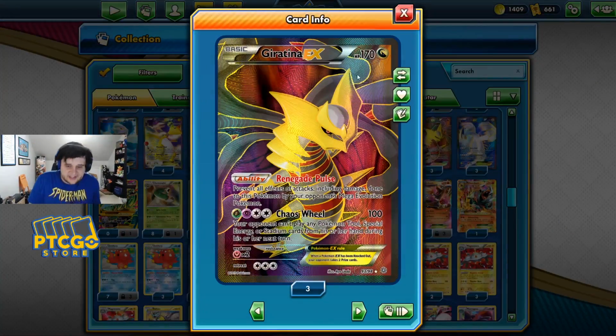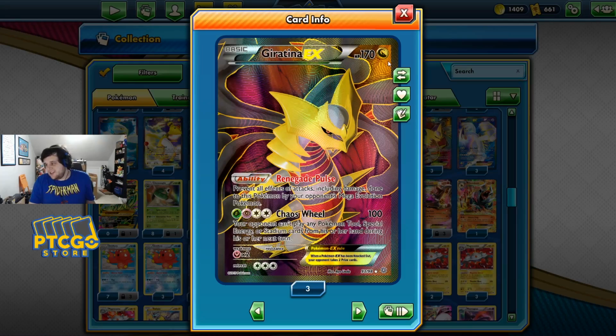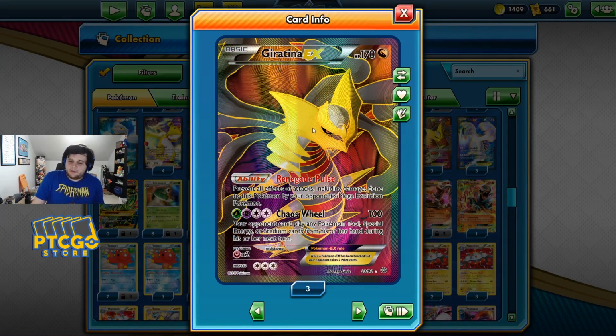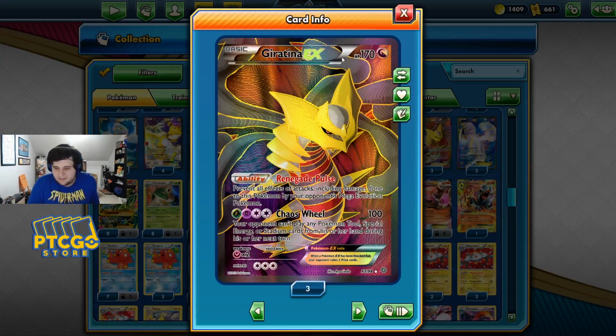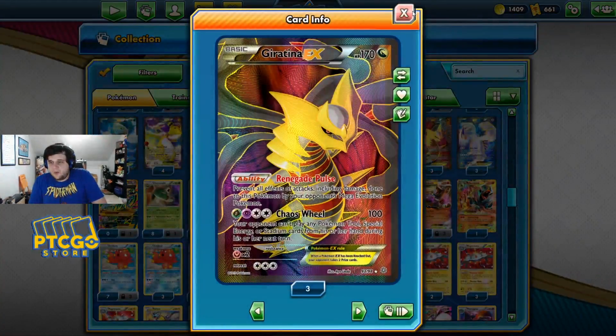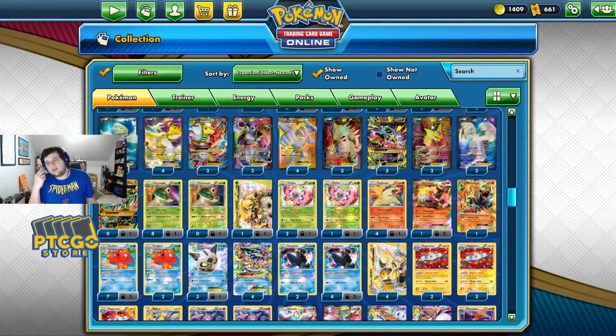And then Giratina EX here. One of the other first decks I remember building was Giratina EX with Vileplume from Ancient Origins. Item locking with Vileplume, and then special energy and stadium locking with Chaos Wheels. Super fun. I actually played this to Georgia States, where I was like X and 2, I think, and needed